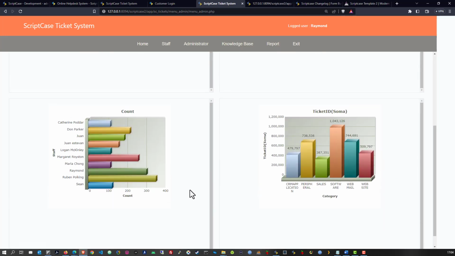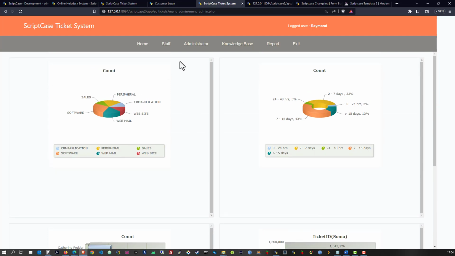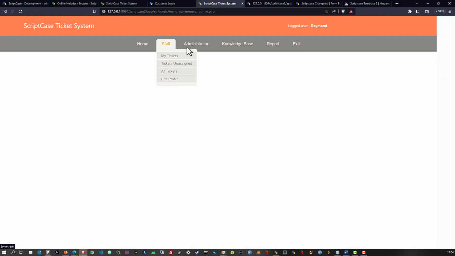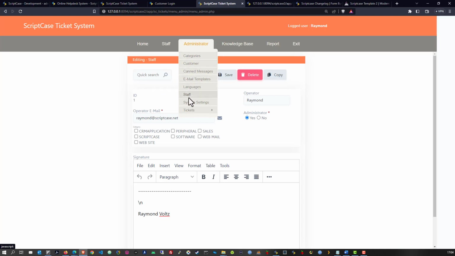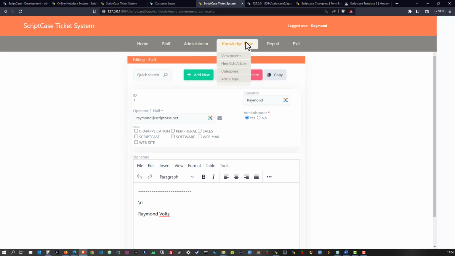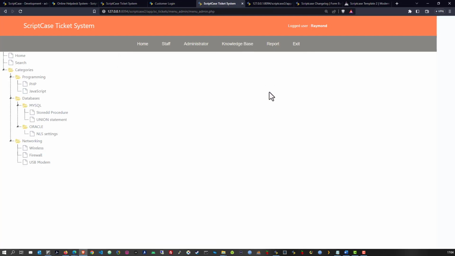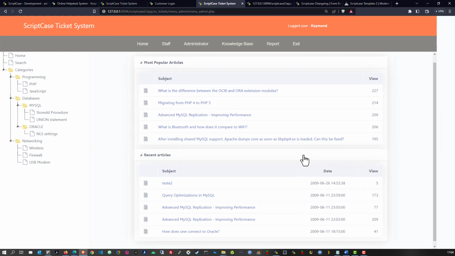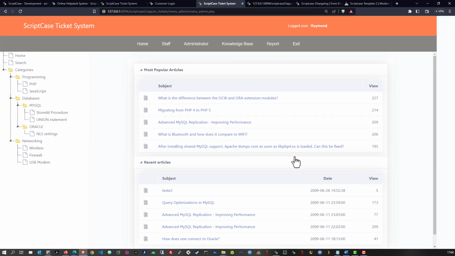You can see here all the tickets, the names and everything, the count of all the tickets and replies. We have here various options for the staff members, for all the ticket information, the administrator settings for the canned messages, languages, ticket priority and more, as well as then the knowledge base. So we didn't see that there. That was actually one of these other tabs. And there is then the knowledge base that you can also access without logging in, but